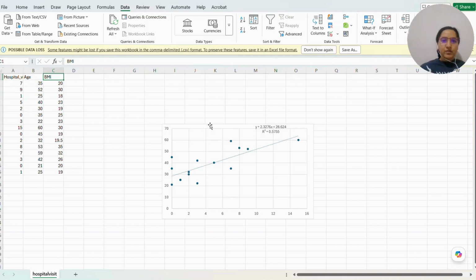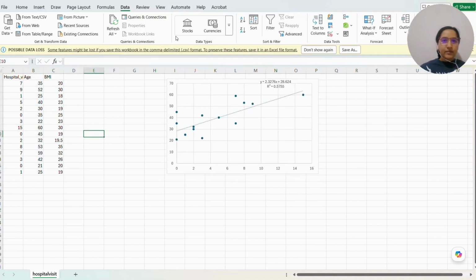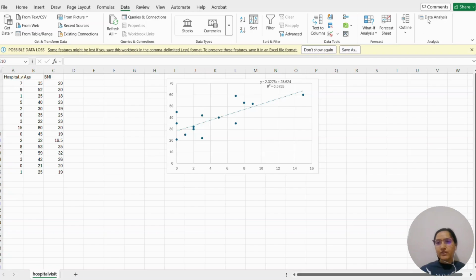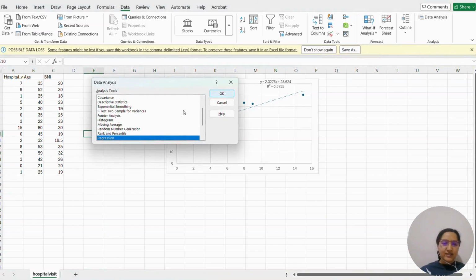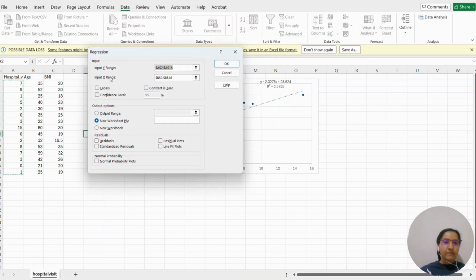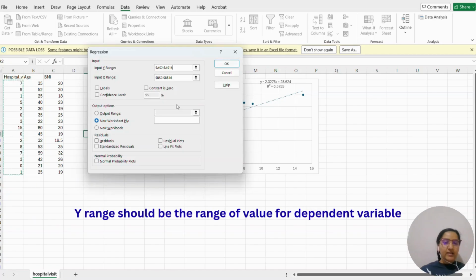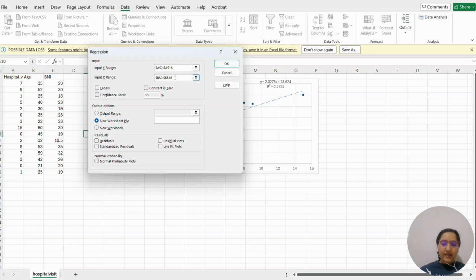To do that, you can simply go to Data here and then go to Data Analysis, click on this, and now what I'm doing is the regression analysis. So just click on Regression, then OK, and for your y range, that should always be your dependent variable. You can click on the range of the values that includes the dependent variable, and for the x you can do